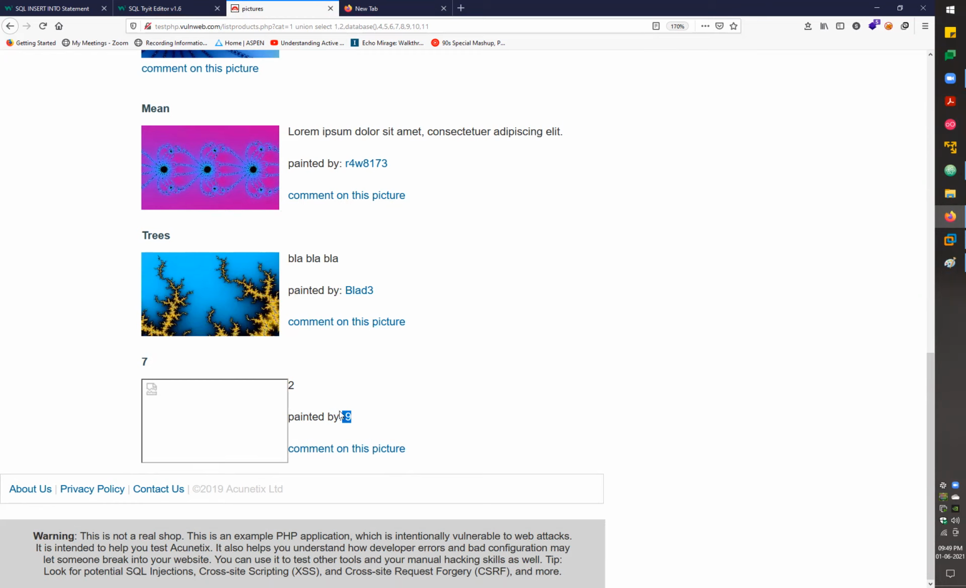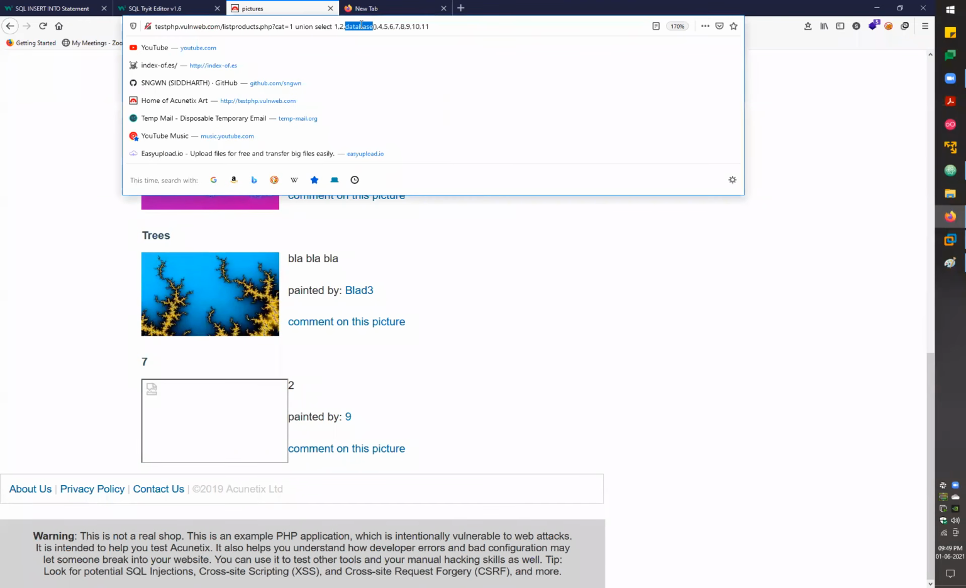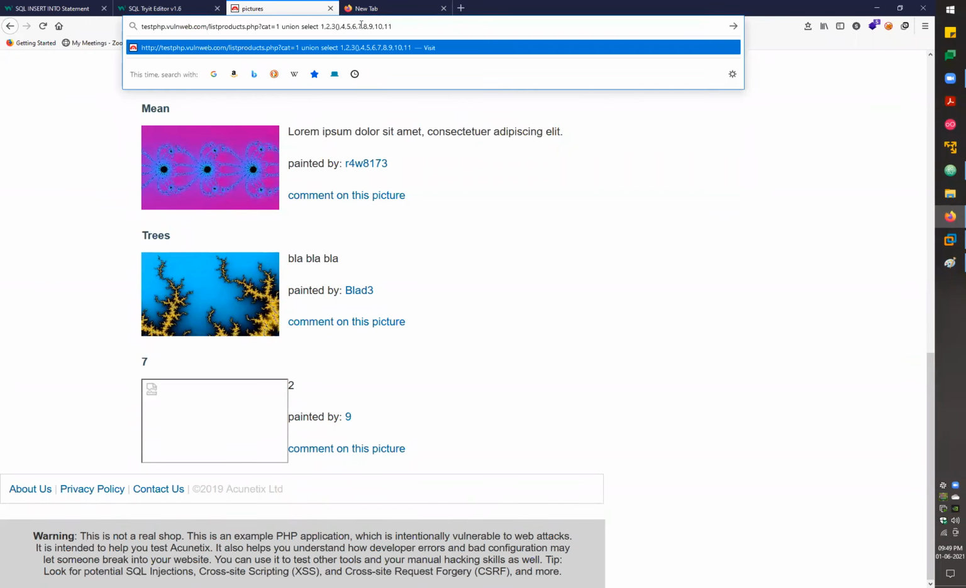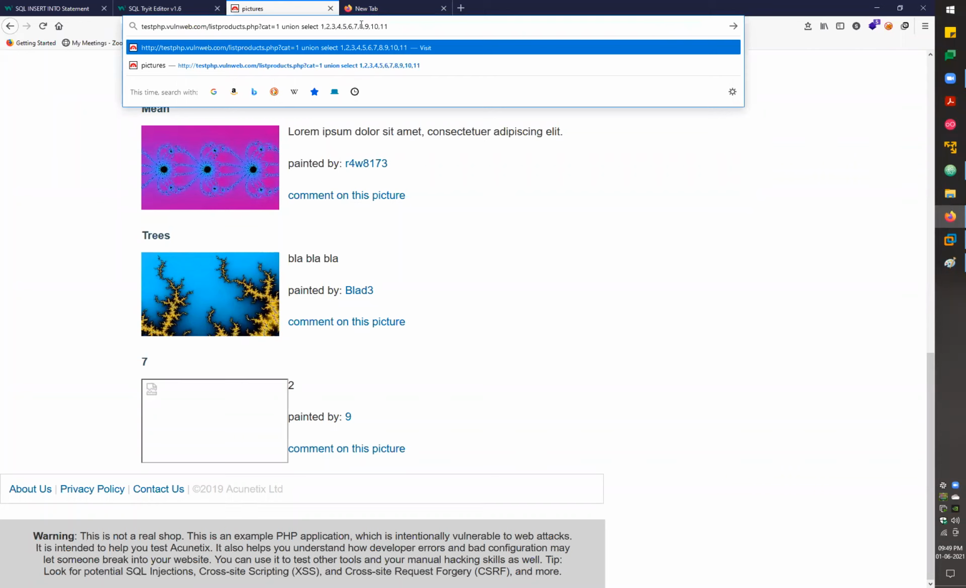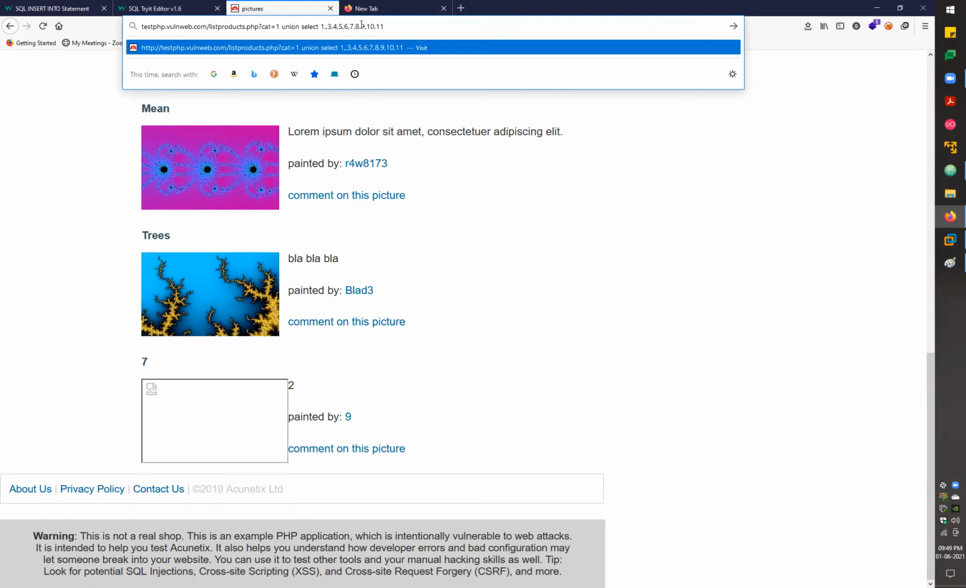Because on this page, data was displayed from only these 3 columns, number 7, number 2, and number 9, right? So after getting the database name, we know there are 11 columns in the particular table, but we don't know the table name, right? We know the database name, but we don't know the table name. To get the table name, you can simply get it from the information